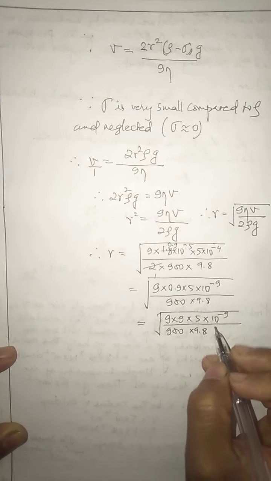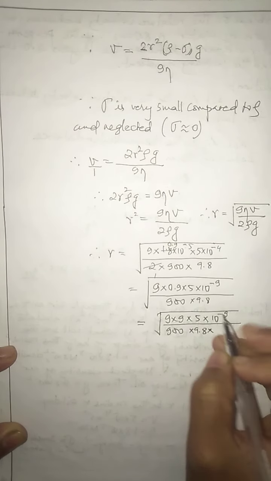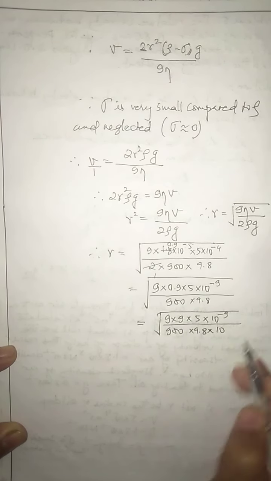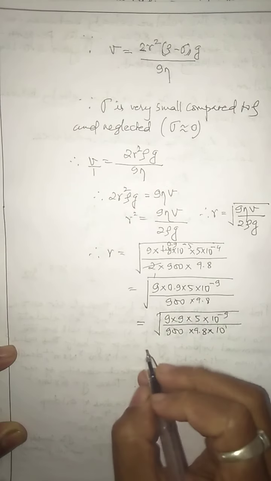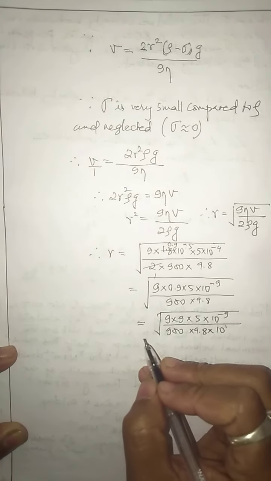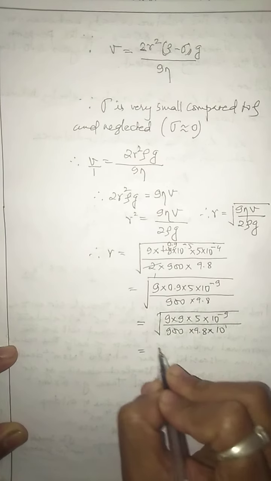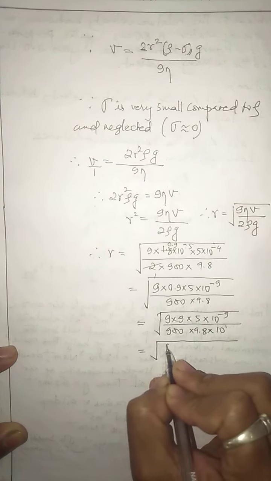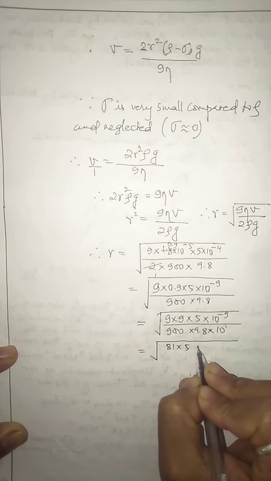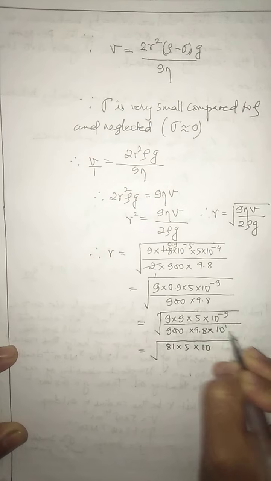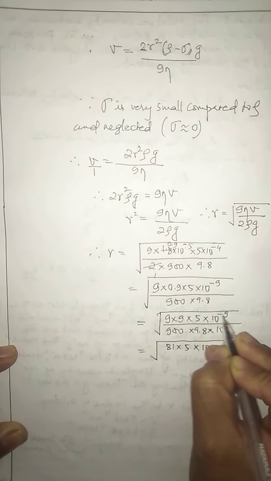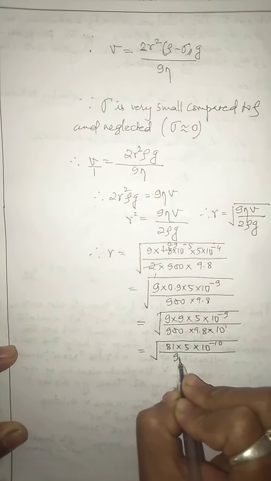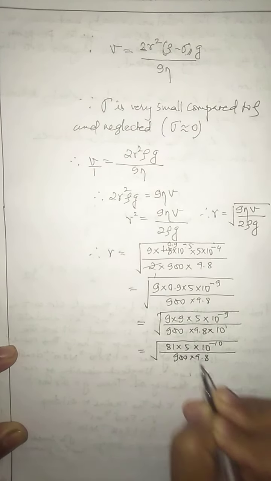Okay, 9.8 into what? Into 10, because from here I remove one decimal place, so I write 10, and this 10 I'll take in the numerator just to make this a perfect square. Okay, just to make this a perfect square, so it will be square root of 9 and 9, it means 81 into 5 into 10 power. Now 1, if I take in the numerator, is minus 1, so minus 9 minus 1 means minus 10 by 900 into 9.8.